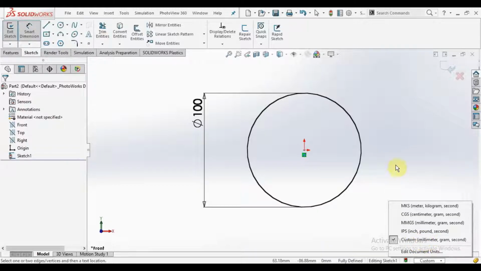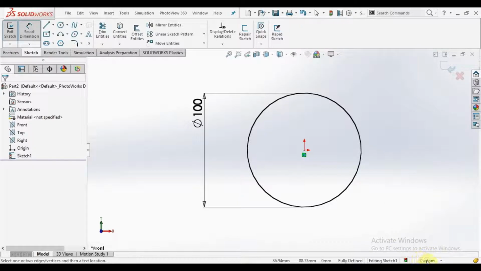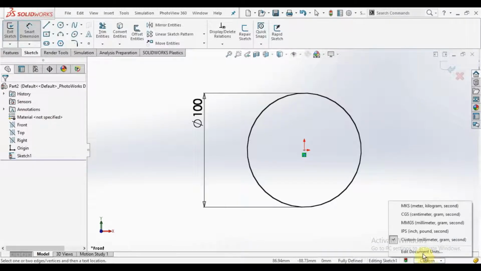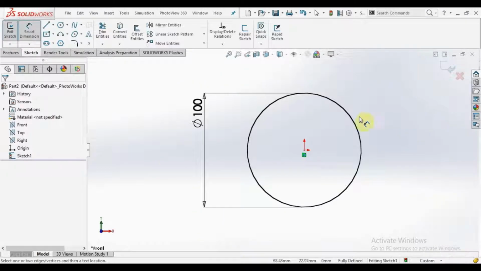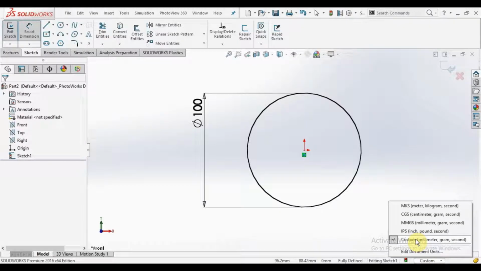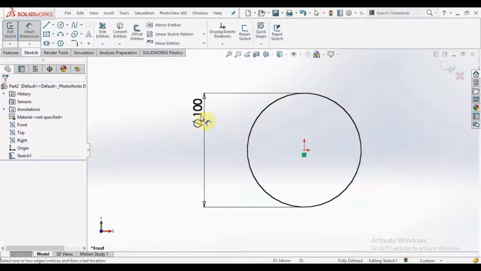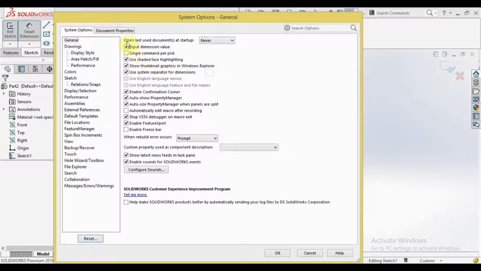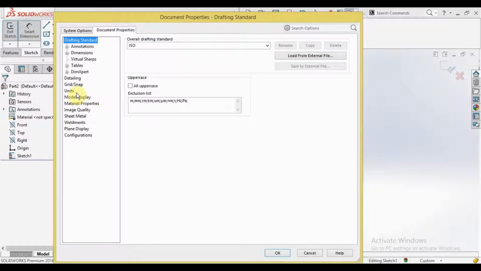Now remember one thing, this customization will appear only in this particular sheet. If you select a new sheet, then this will not show you the property of this sheet. For that you have to go to Options, Document Properties and Units.